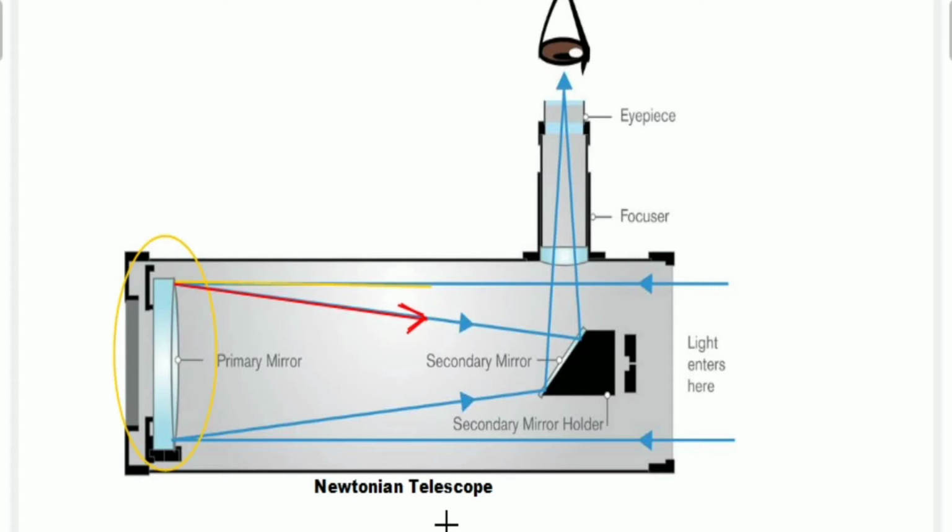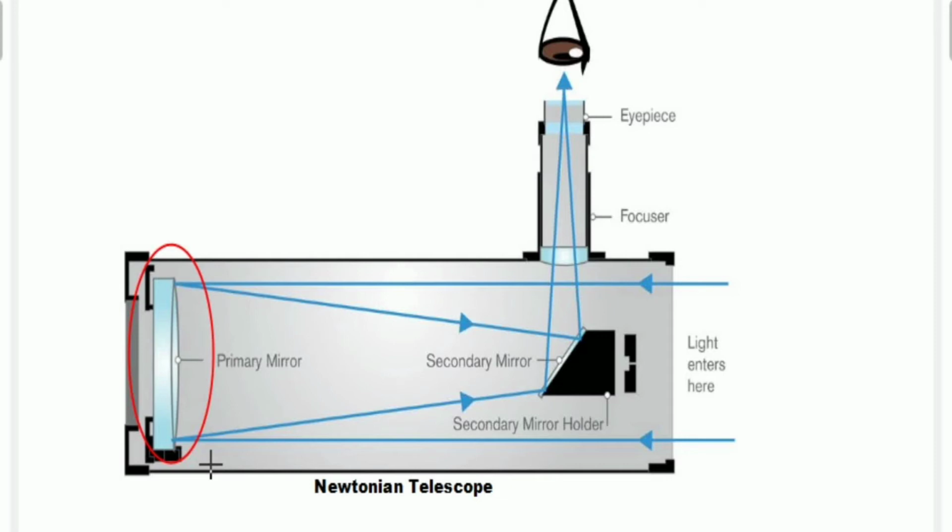So in order to get a bright image of a source, large mirrors are necessary. Of course, you have to let the maximum amount of light enter from the heavenly object. From this side, light rays are coming from the heavenly object. For that reason, if you want more light to enter here, of course the size of the primary mirror should be large. One more thing, if you compare these mirrors with lenses, construction of a mirror in a large size is very easy compared to lenses.